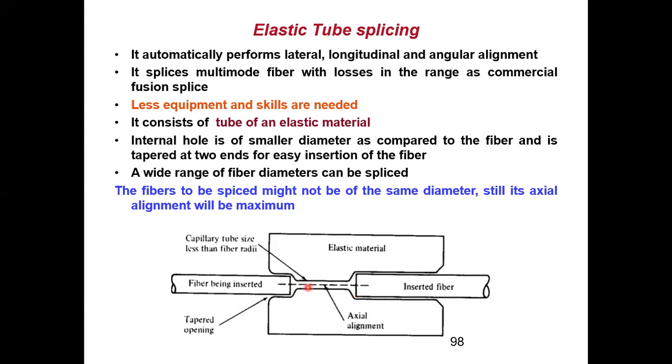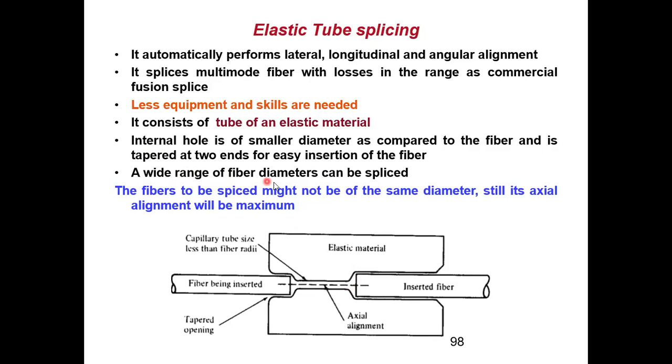Okay, यहाँ पे losses हो सकता है. Okay, but at least some communication will be there. So if you face such a situation and you have to join fibers of a different dimension, dimension means the diameter or the radius of the fiber is different, then we have to go for an elastic tube, because only in the elastic tube the dimension will be changed. So when I'm inserting the fiber, since it is made up of an elastic material, it will find its space. Similarly, when I'm inserting the other fiber over here, since it is an elastic material, again the fiber will find its space.